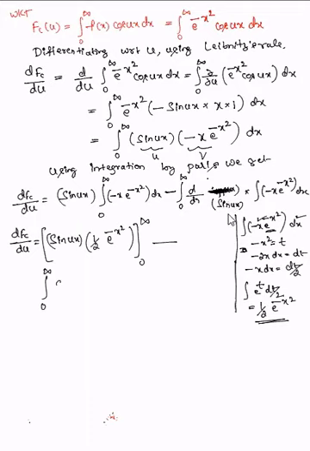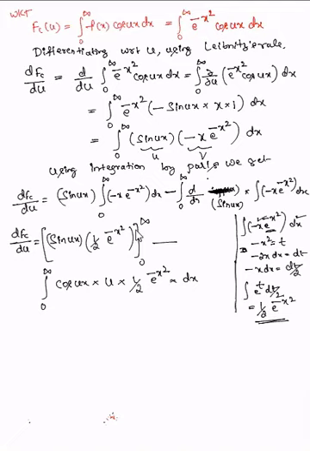It is cos ux into differentiation of ux with respect to x. With respect to x means u is constant. U into x becomes 1. So it is u into the integration of this, which we already did, is 1 by 2 e power minus x square into dx, right? So I substituted for this integral from this differentiation of sin ux, which is cos ux into u. Simplify.